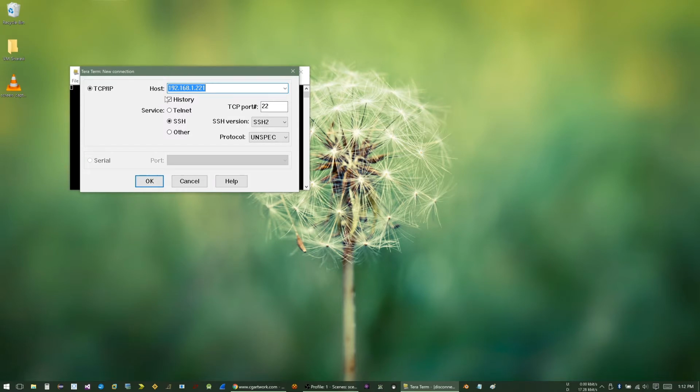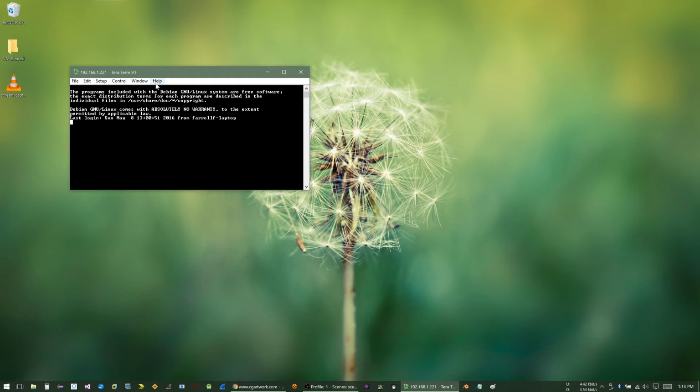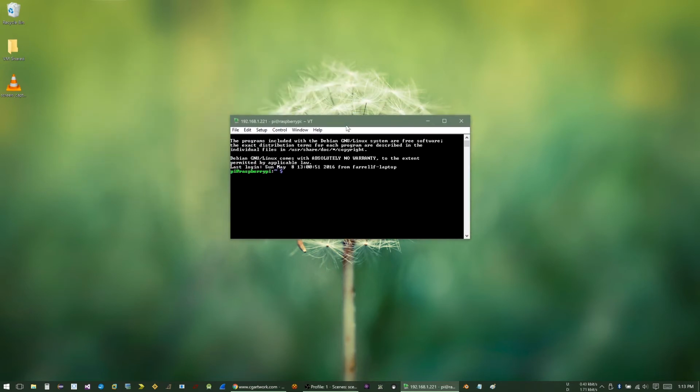So again, we're going to log in. You put in the IP address of your Raspberry Pi here, choose SSH for Secure Shell, click OK, and type in your username and password, and we're logged into the Raspberry Pi. So the first thing we need to do is enable the camera interface. So sudo raspi-config, press enter,